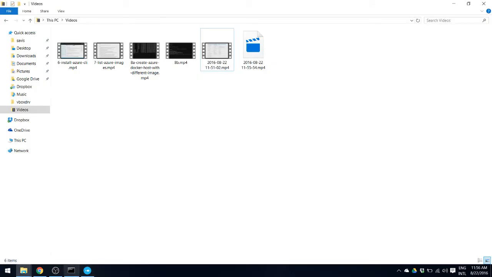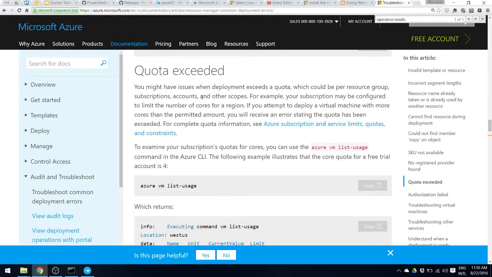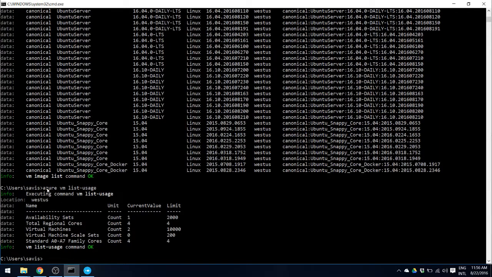I just basically Googled it. And what this means is that our quota was exceeded. What's a quota? Since we are in the trial version, basically our subscription has limits. And again, you can use the CLI to list the usage limits. Copy and paste that over here.